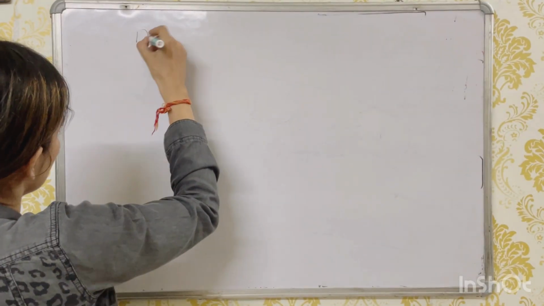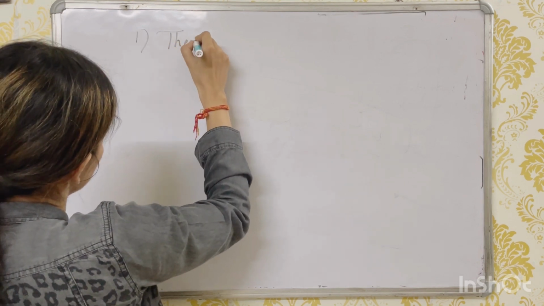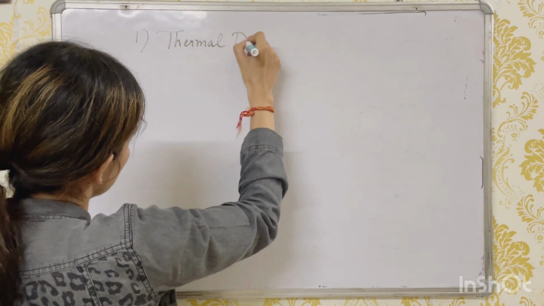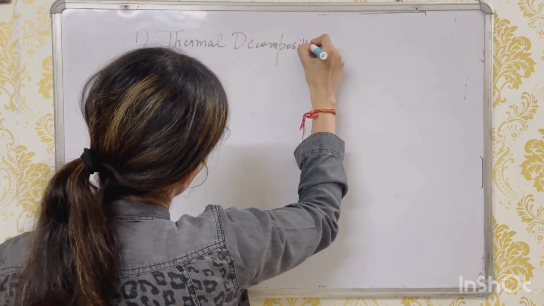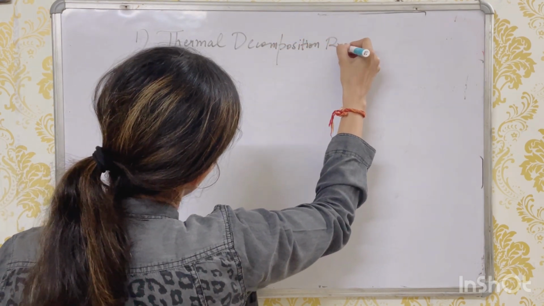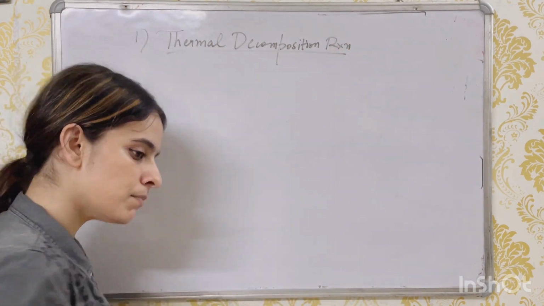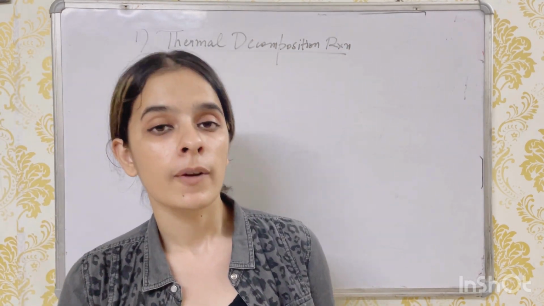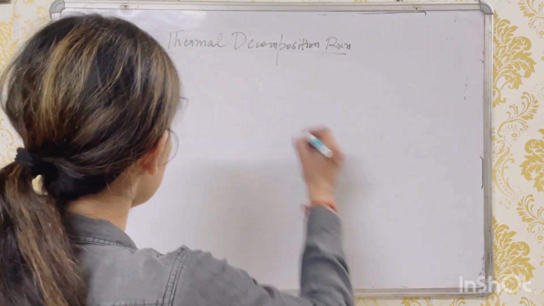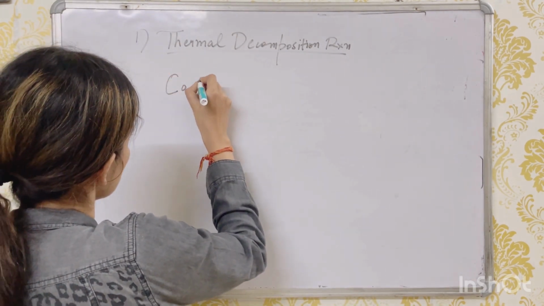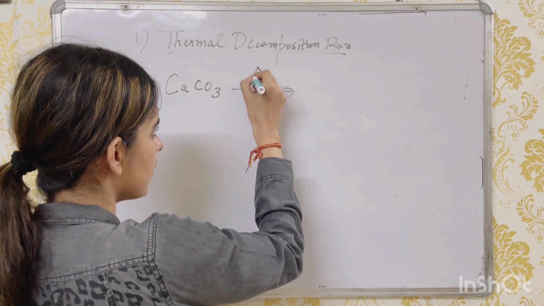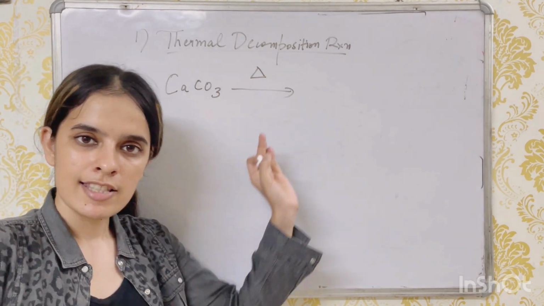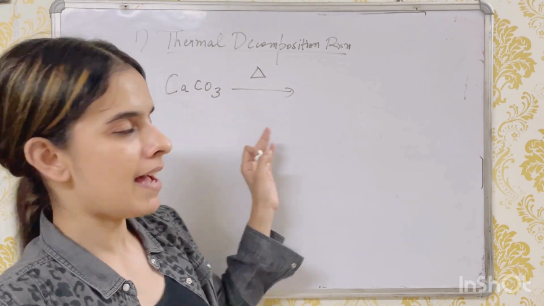First one is your thermal decomposition reaction, right? So in thermal decomposition, the first example we can take is limestone, right? When we heat limestone, when we supply heat, the reverse reaction is also possible. So when we heat, this triangle shape is the symbol of heat. So when we supply heat,